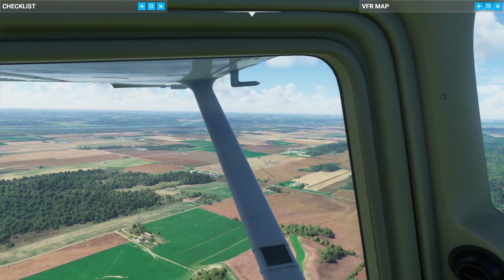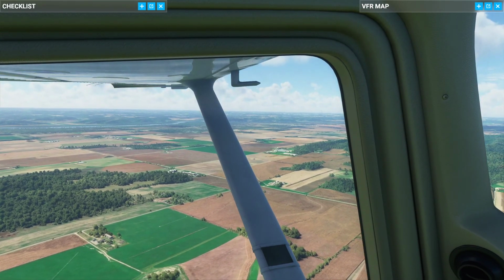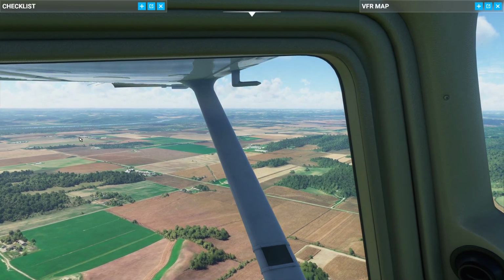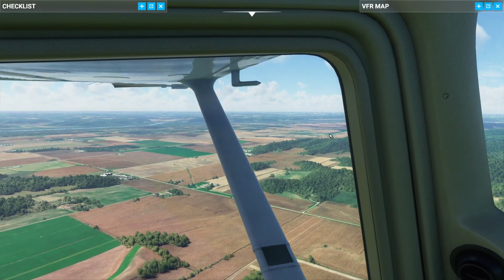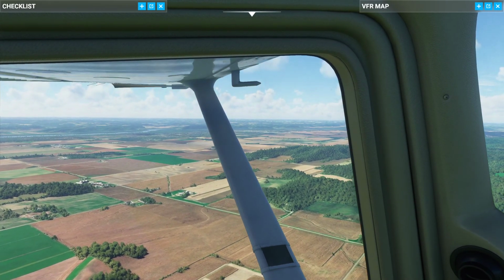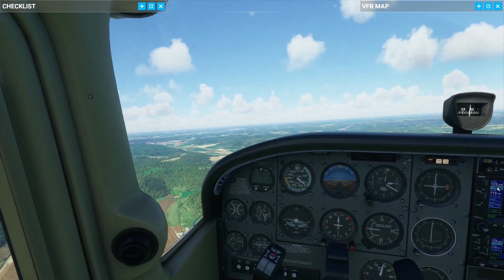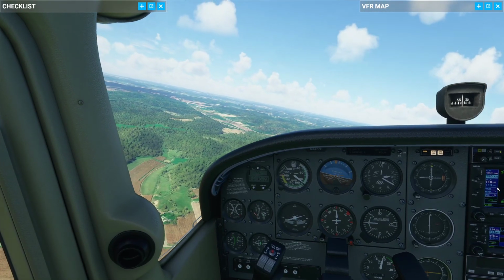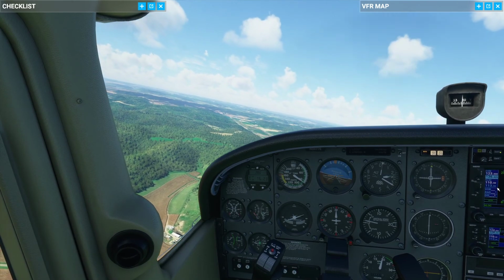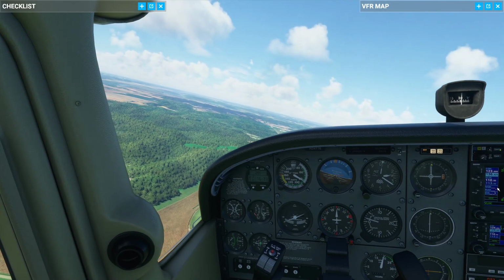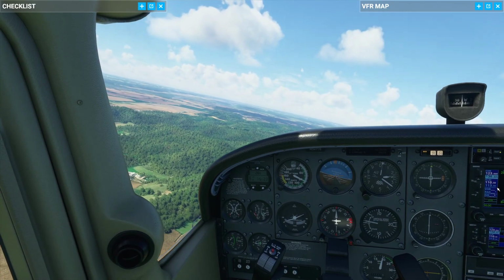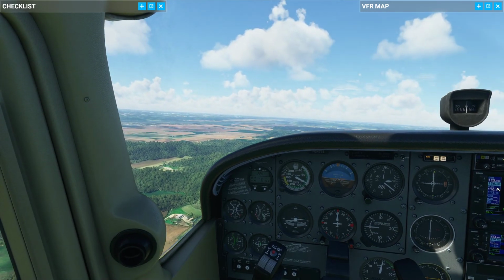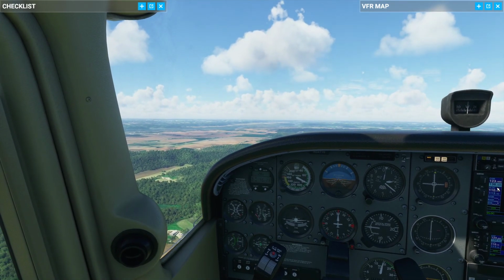Where is it? Have I already passed it? Could it be down here? Oh, it's here. Ding, ding, ding, ding, ding. Okay, so now that I see it, I am going to turn to the west, as I have discussed. I am clearing those hills with, I think, more than 500 feet, actually. That's fine. My heading indicator should read due west in order to be aligned with the runway, right, which is